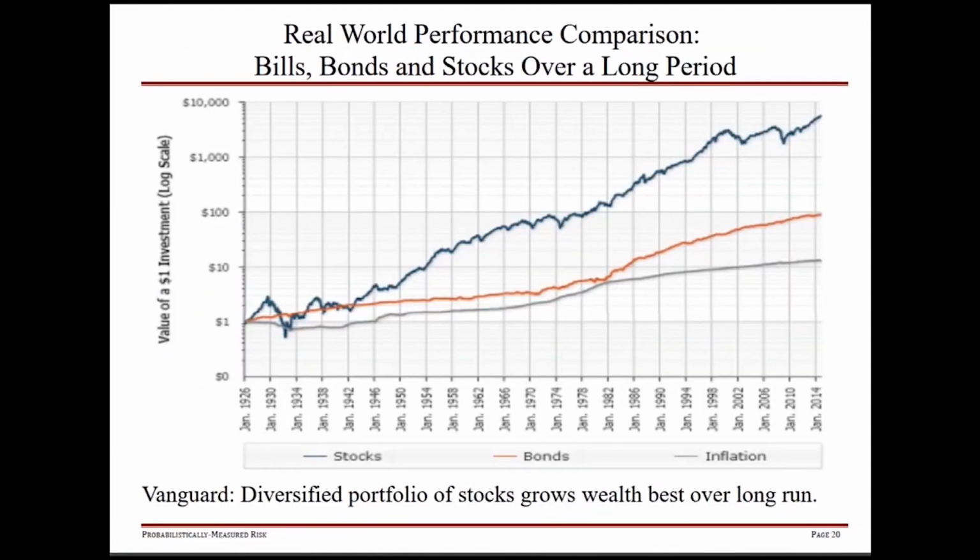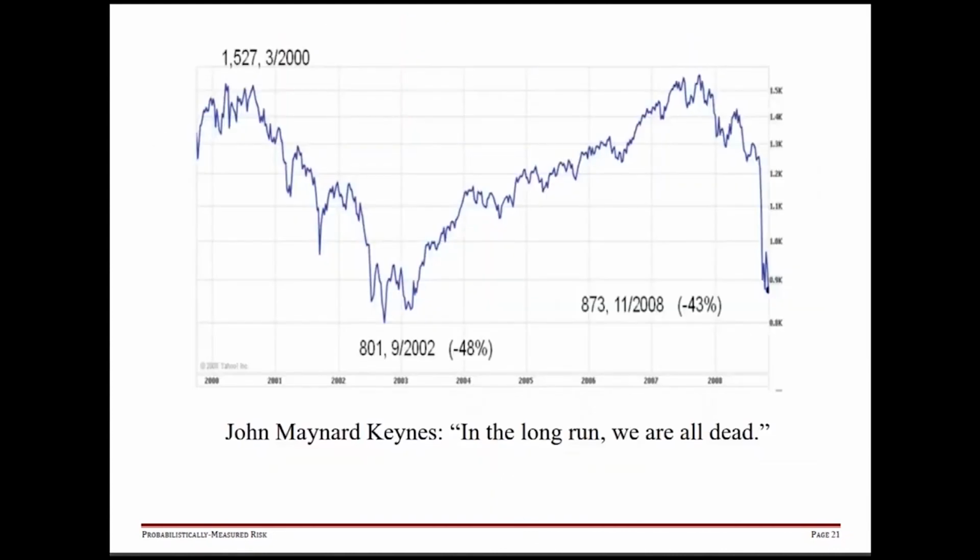And the last thing we talked about in this chapter is the fact that a lot of equity-focused investment firms are going to show you graphs like this and say, you know, over the long run, the pile of money that you get by investing in stocks is much bigger than the pile of money you're going to have by investing in bonds or just putting your money in a money market and keeping up with inflation, something like that. And they'll always show you a graph like this with almost 100 years worth of data, and you can't really look at that, as John Maynard Keynes would say. If you look at the period from, say, 2000 over to